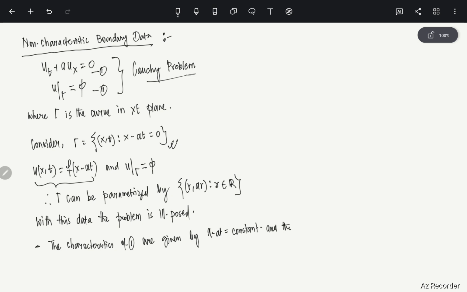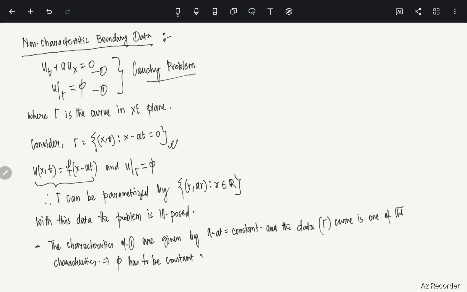The data curve gamma is one of the characteristics, right? So what happens in this case is that phi has to be constant along x minus at equals 0. That will imply phi has to be constant along gamma,